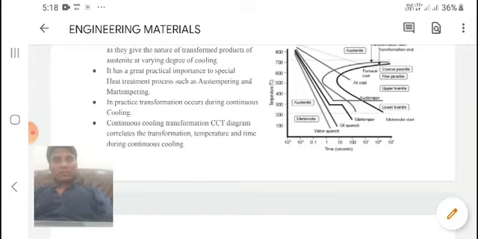As the time is increasing, temperature is reducing. This type of cooling using TTT diagrams is called a continuous cooling transformation diagram. This also we discussed in the previous video session,